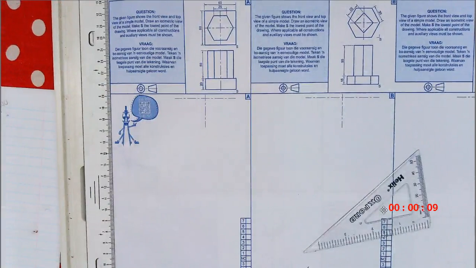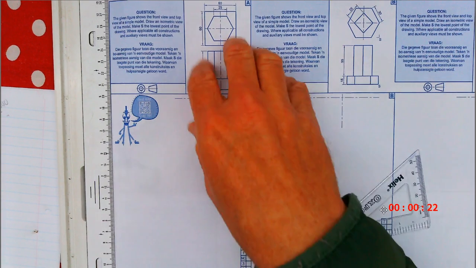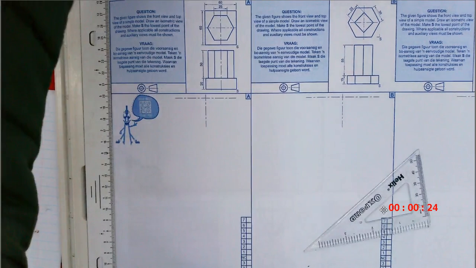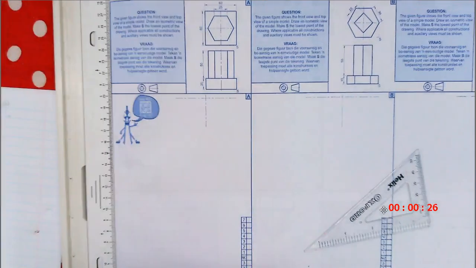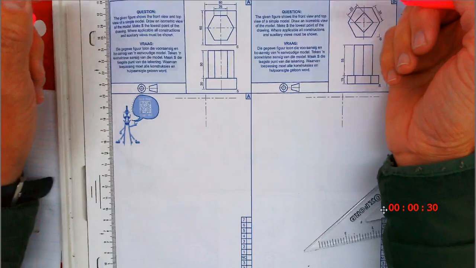Okay, so we're doing isometric, and like I always tell you, there's a few basics. And the first basic here is you need to figure out, before you start anything, what you are drawing. According to me, this is the problem that most people have. They don't know what they're drawing, that's why they struggle.